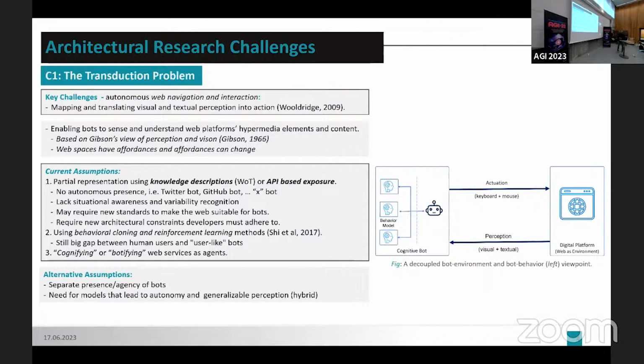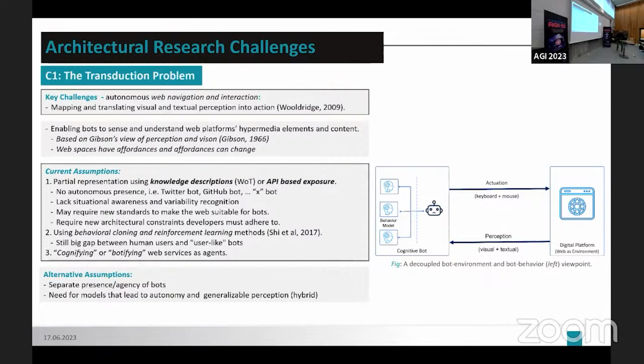There are other approaches that completely shift web platforms into cognifying them, changing them to agent-based programming, or botifying them. So these are some of the assumptions in the paper, and there is more we can discuss later. But in general, to bring this autonomy, to have this agency and separation,